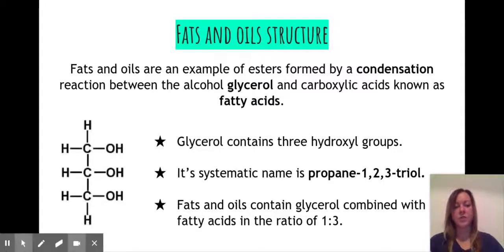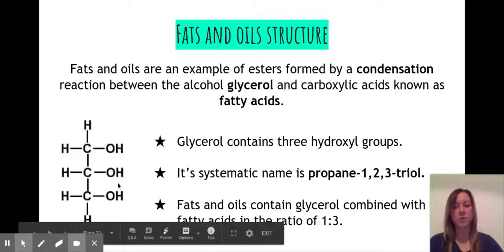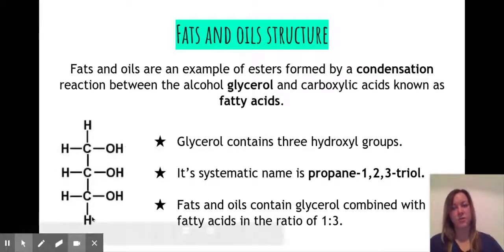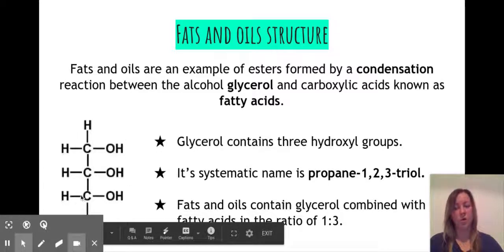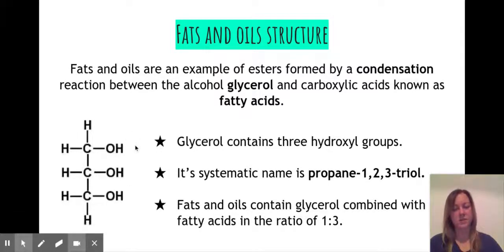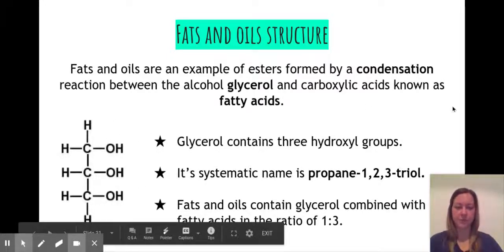So fats and oils contain glycerol combined with fatty acids in the ratio of 1:3. So if you have 3 alcohol groups, how many acid groups do you need? You're going to need 3. So for every 1 glycerol molecule, you're going to need 3 fatty acids. And just like esterification, we're going to lose the hydrogen from the alcohol, lose the OH from the carboxylic acids, or fatty acids in this case,